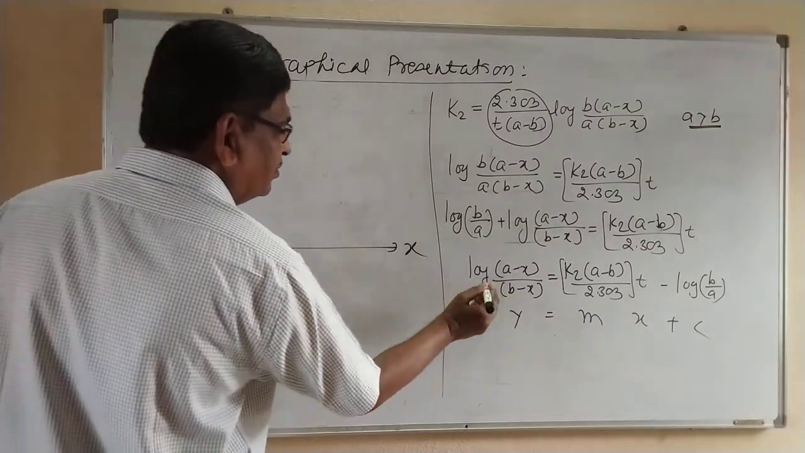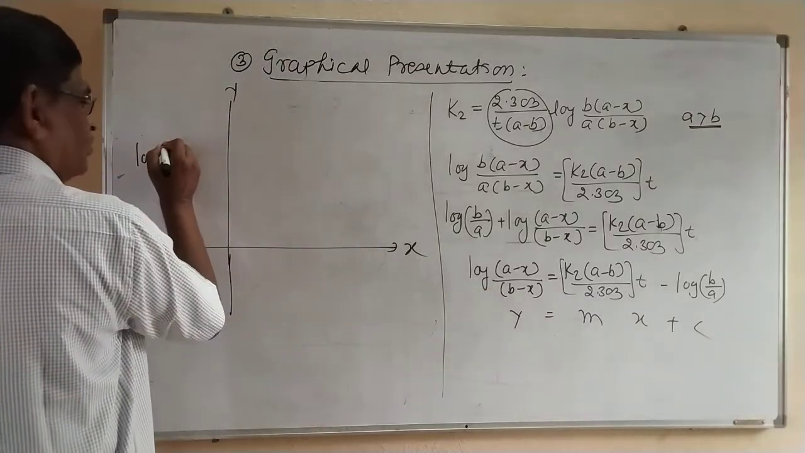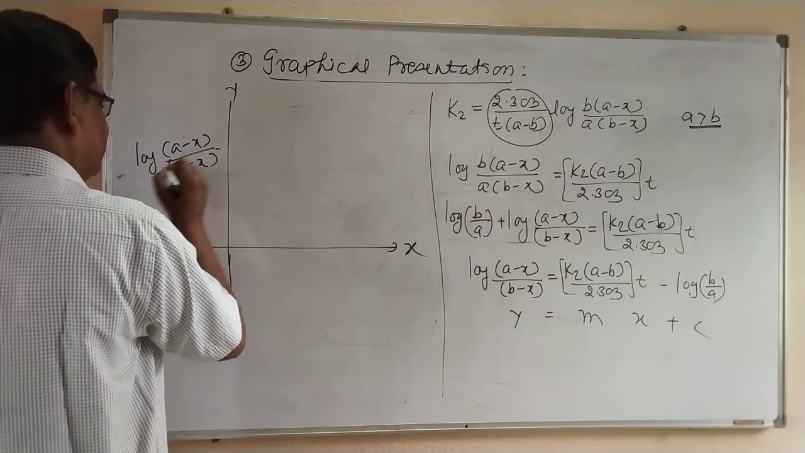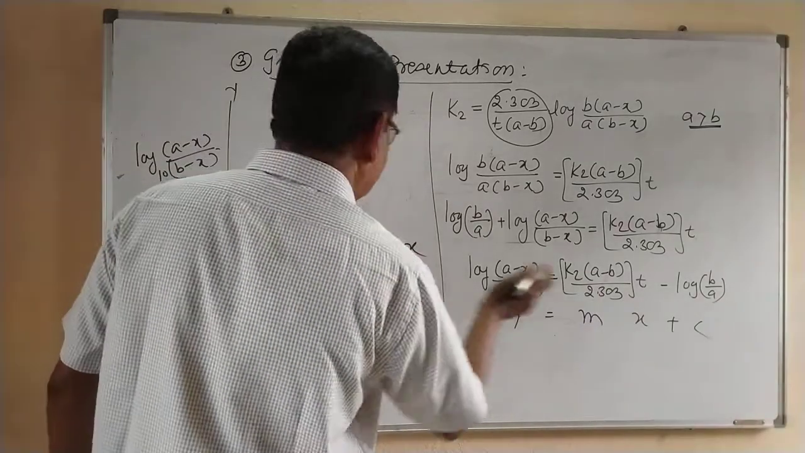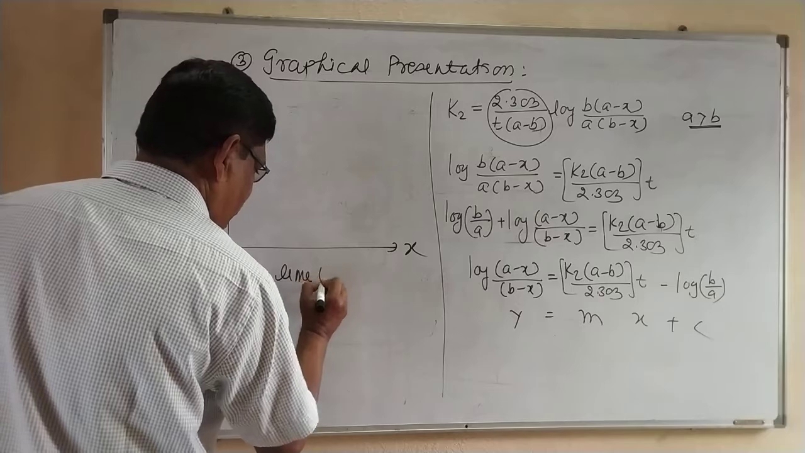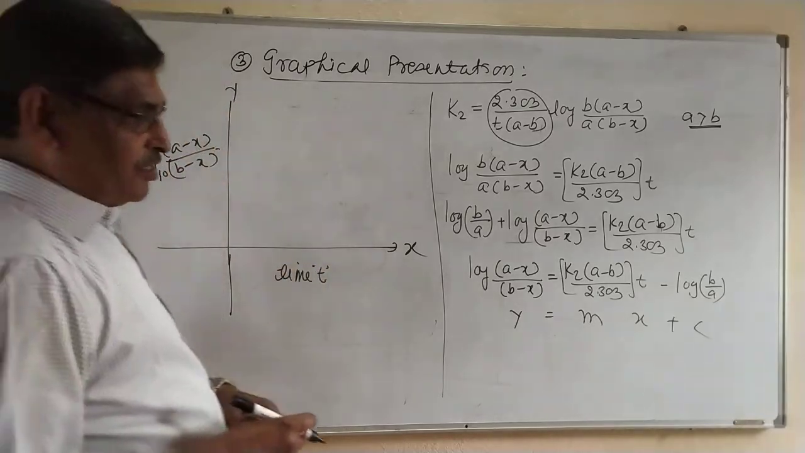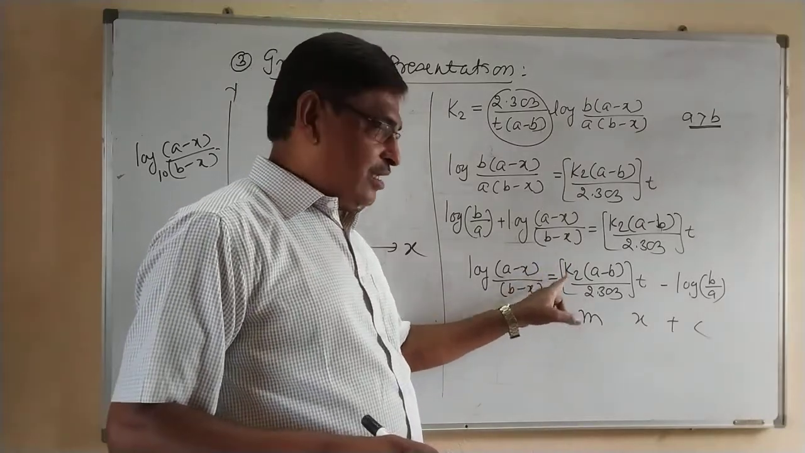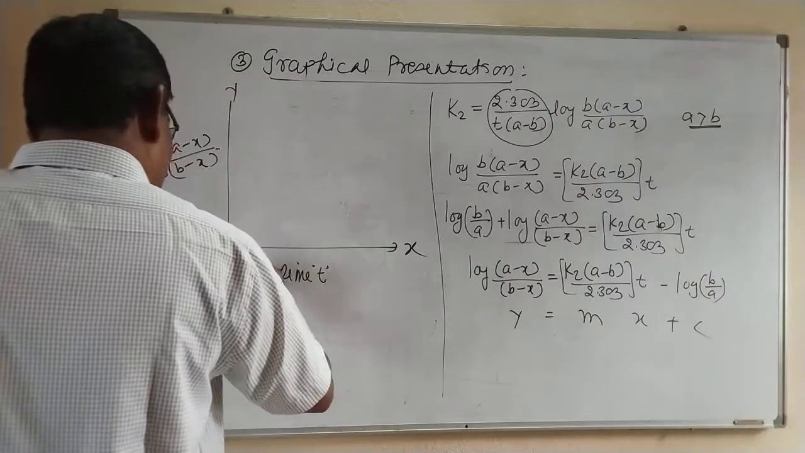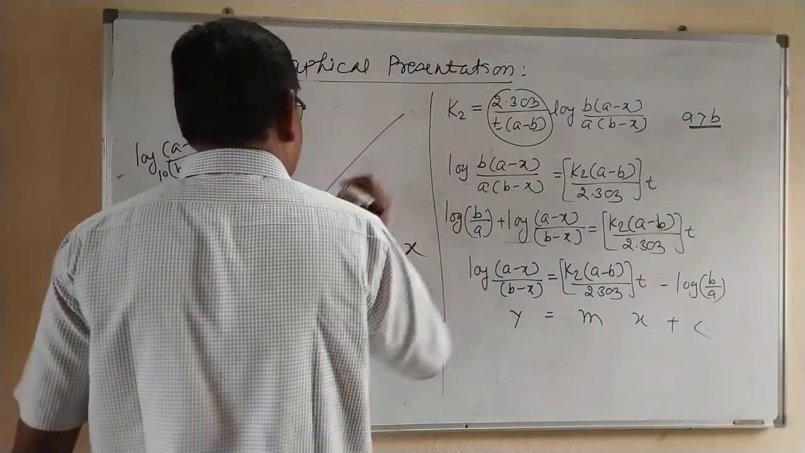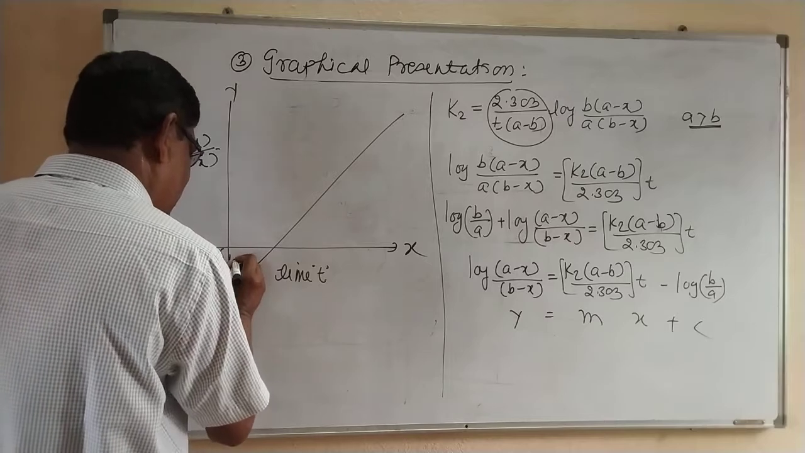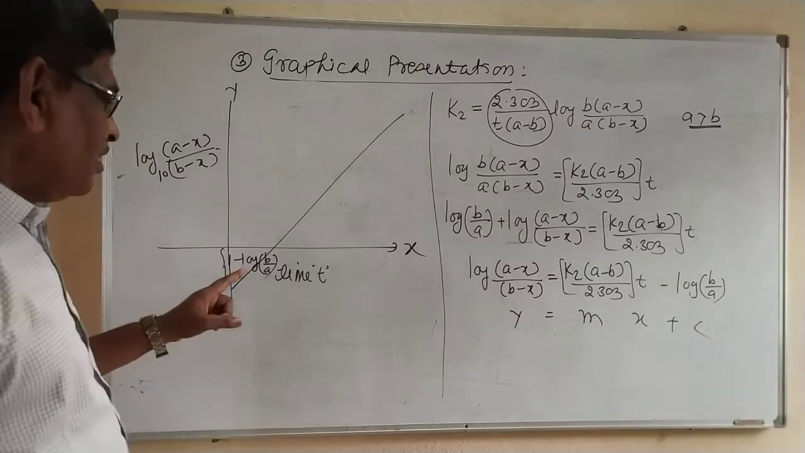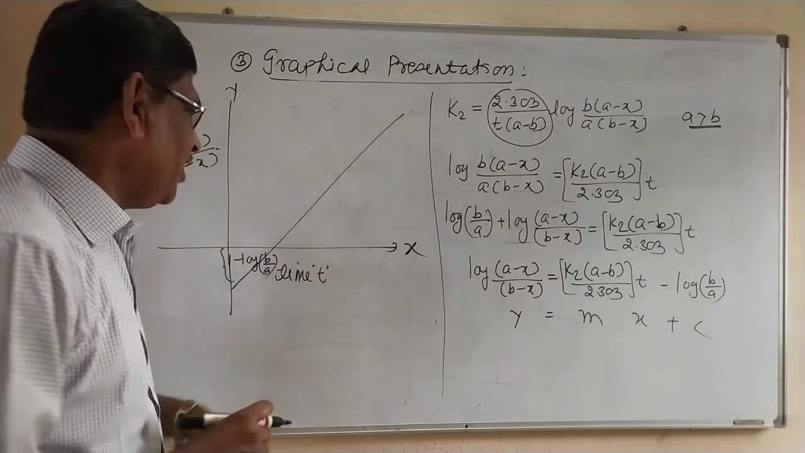Along the y-axis, log of a minus x over b minus x, with base 10, and along the x-axis, time t. Plotting the graph, it is a straight line with positive slope and negative intercept. That means the nature of the line would be like this. This part, minus log of b over a, is the y-intercept. The line cuts the y-axis at this point, minus log of b over a, and the slope